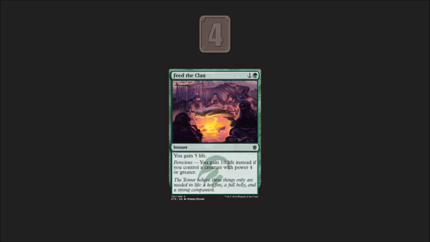The next card in the sideboard is a full playset of Feed the Clan. This is an instant for 1 and a green to gain 5 life. It also has Ferocious, which allows you to gain 10 life instead if you have a creature with 4 or greater power. Now, this is primarily for burn decks. If they get a good opening hand, it's very rare that we'll be able to outrace them. It is ideal to cast this with Ferocious, but be careful because those decks can do a lot of damage